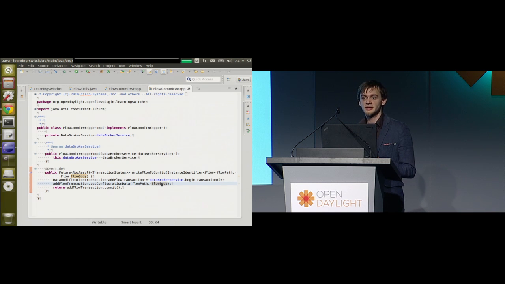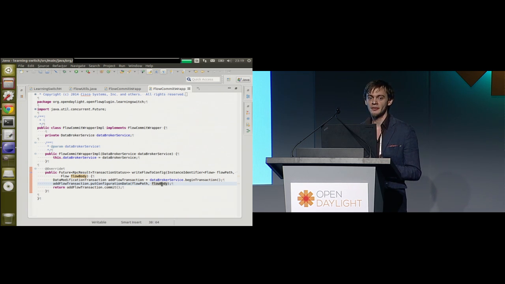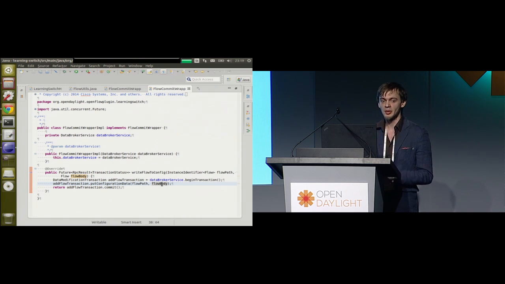Actually, in that transaction, the forwarding rules manager is registered itself into the MD-SAL as a two-phase commit handler for that particular flow subtree. So it validates that flow, and when everyone who is registered to validate that subtree accepts the input, the forwarding rules manager will program the flow to the OpenFlow plugin, send the RPC to the OpenFlow plugin, and the OpenFlow plugin will send it down to the